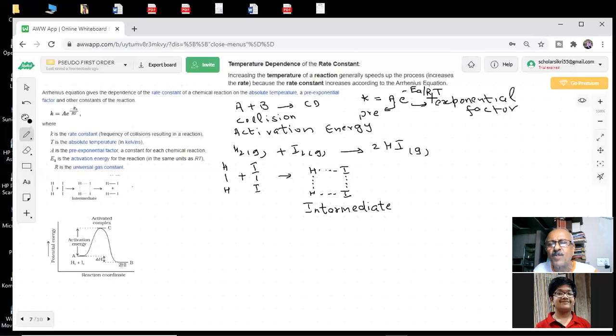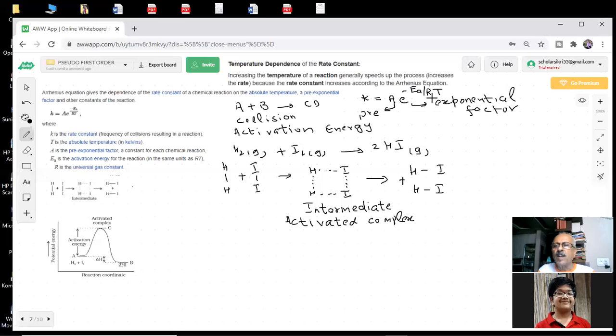An activated complex has a very transitory existence, a short life, and may not be isolated in the reactions. This is what we call an activated complex, a complex which has been activated, which is at a higher energy, students. Now this is going to dissociate. As you can see, H goes with I, H goes with I. So what you will get, students? HI and HI.